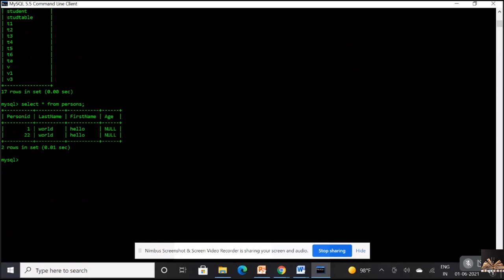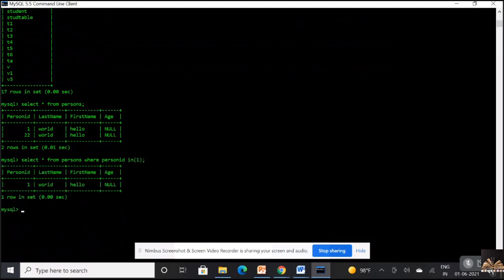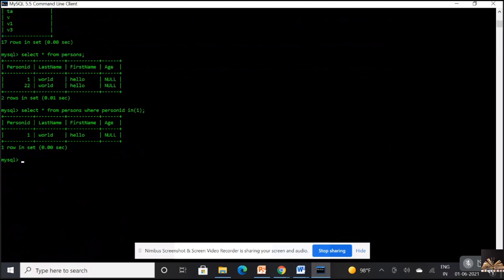So what I'll do here is select star from persons where person ID in 1. So this way I'm able to get the details whose person ID is 1 using the in operator.